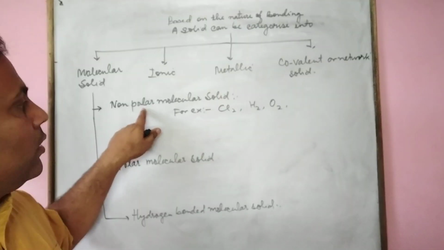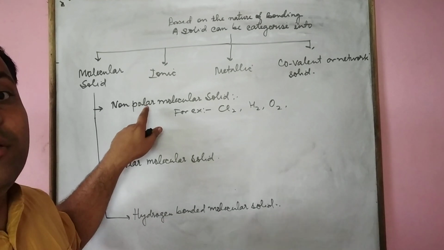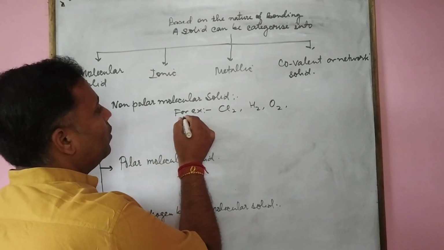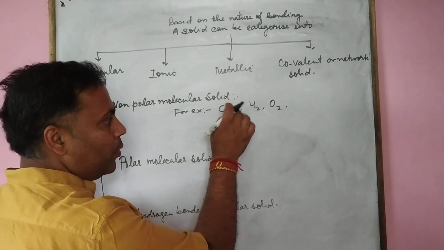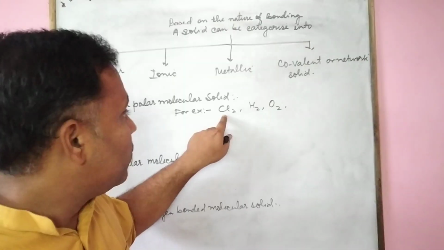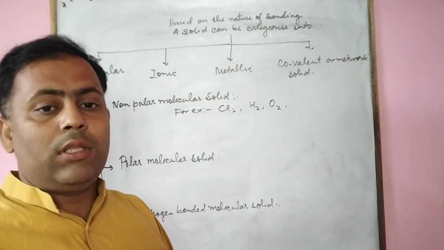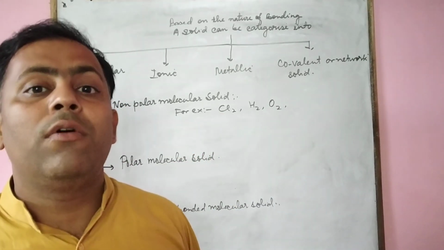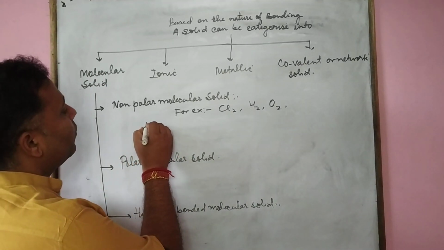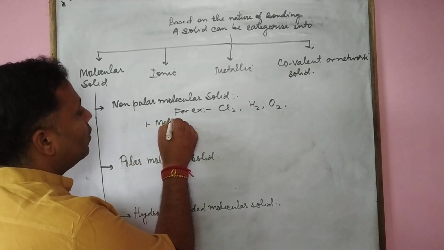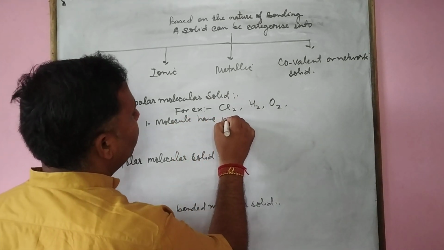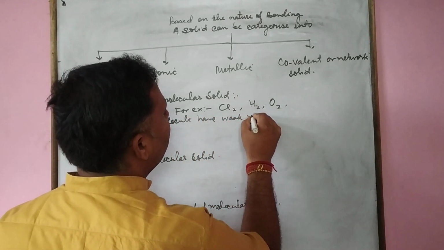It means they have only strong covalent bonds in a molecule. But these molecules are united together by means of weak van der Waals forces. It means in this solid, the molecules have weak van der Waals